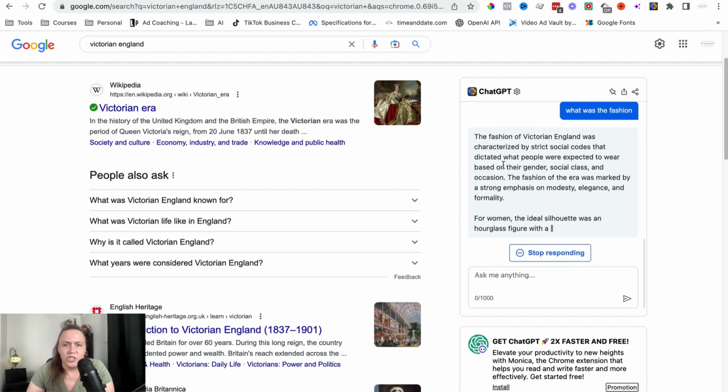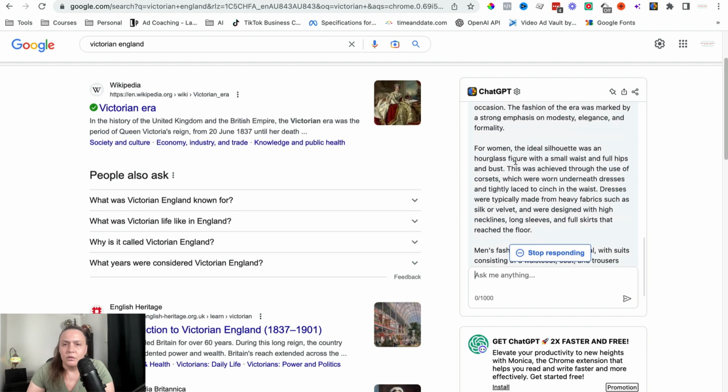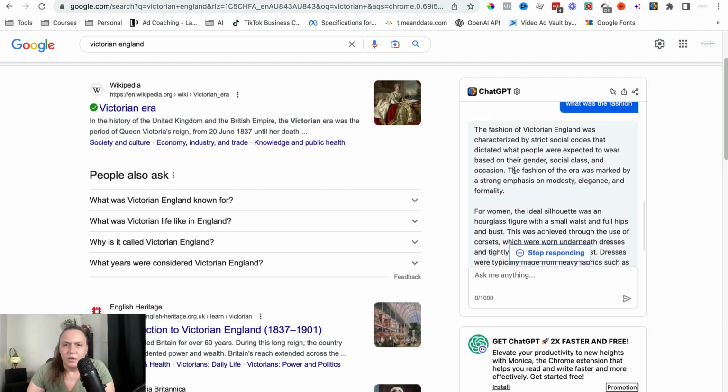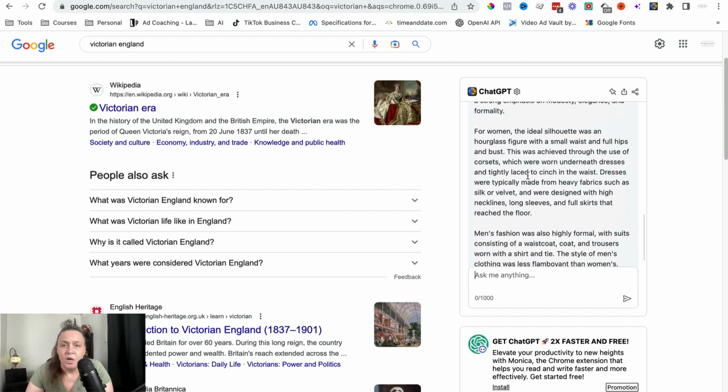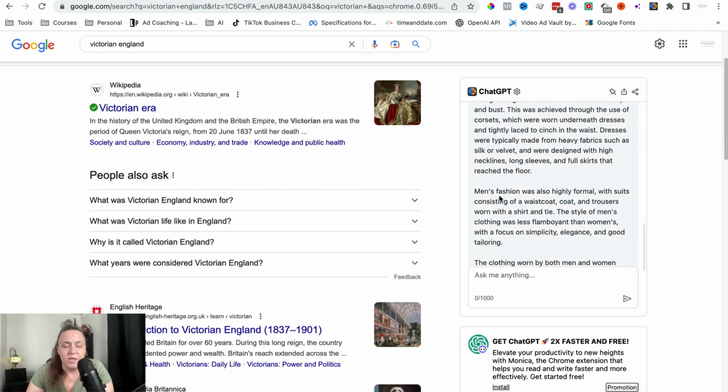And it tells me the fashion of Victorian England was characterized by strict social codes that dictated what people were expected to wear. Okay, so for women, it tells me the ideal silhouette was an hourglass figure with a small waist. So I can use all that for men and for women to create very, very good images in Midjourney depicting Victorian England. I can also ask something like,